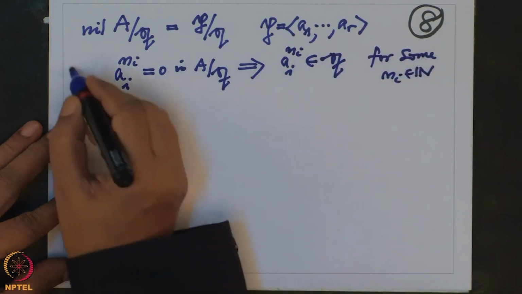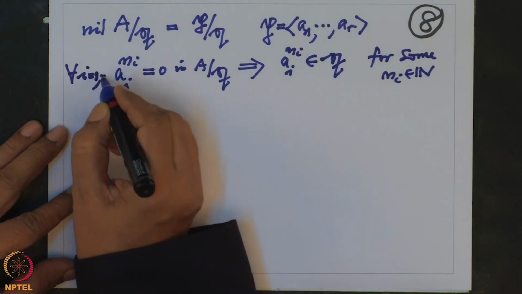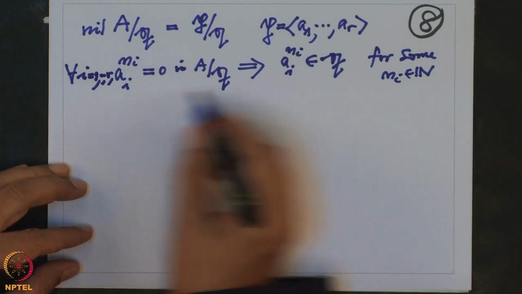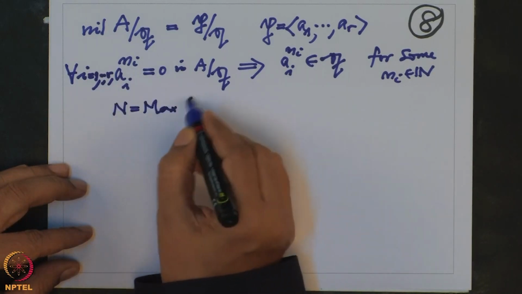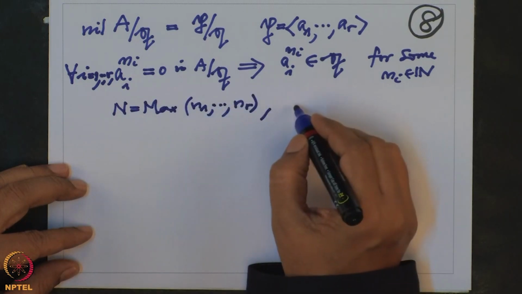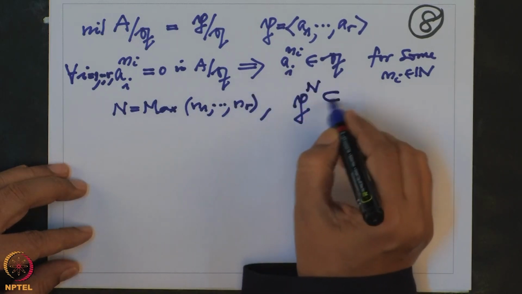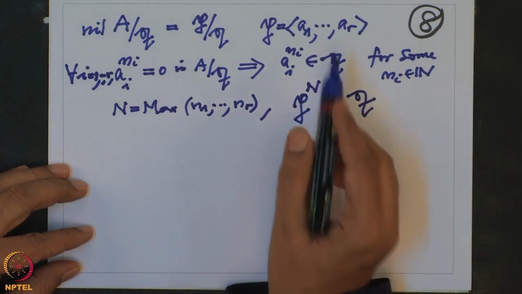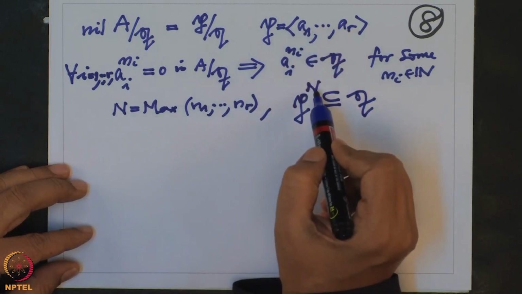This is true for every i from 1 to r, and therefore from here it follows that if I take capital N to be the maximum of n1 to nr, it follows clearly that the nth power of P will be contained in Q, because when you take any element in P, write it as a linear combination of a1 to ar and raise it to the power N,